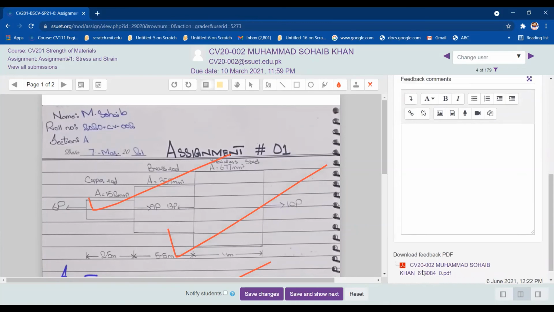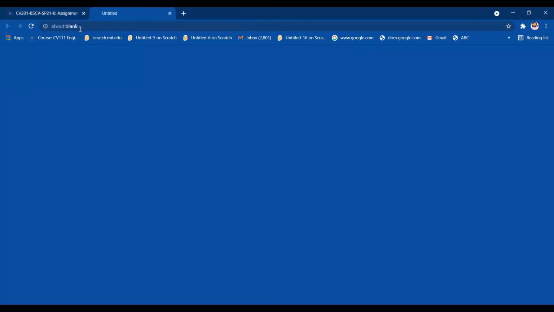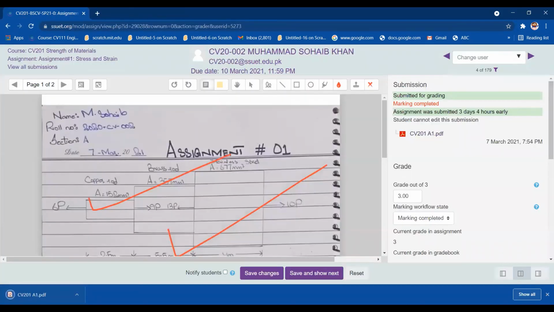But keep in mind that sometimes there is a draft. So you will click on this copy, and when I click on it, this copy will get downloaded from here. I have already made a video on how you can download the copies and check them in Acrobat Reader. And if you are having non-VLE copies, what you can do with those, and how you can put your marks in the grading book, I have already told you in my previous video.